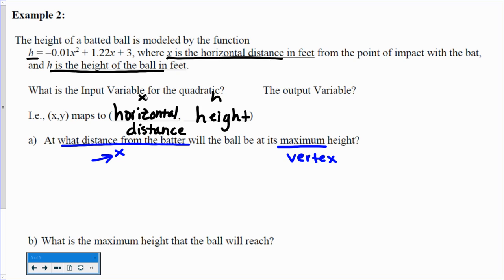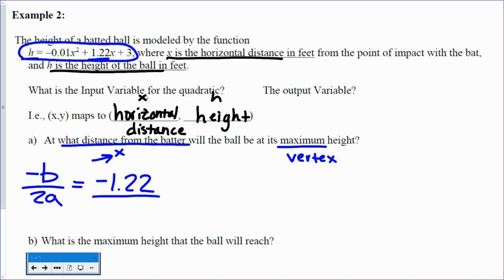Okay, so when I take a look at my equation right here, I need to think about that it is in standard form. So if I'm finding the x coordinate of the vertex in standard form, I must use negative b over 2a. So then my b value would be this 1.22. So I'll have negative 1.22 divided by 2 times my a value, which is negative